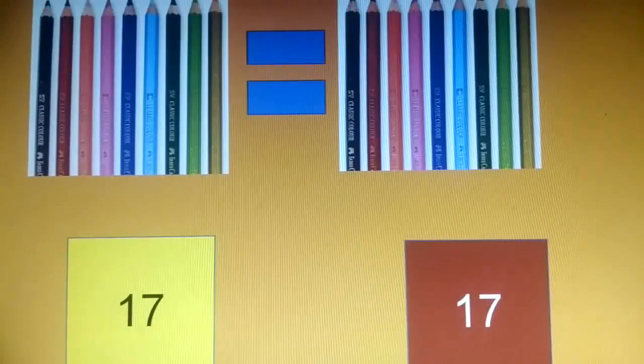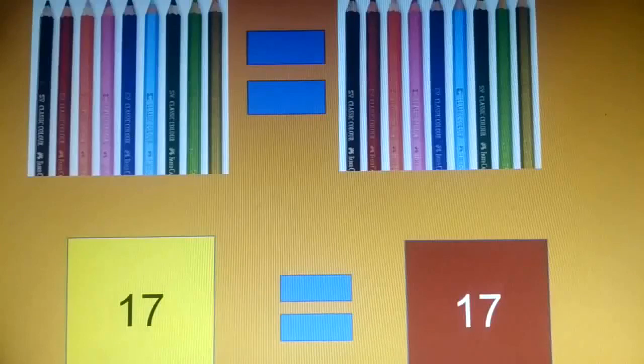So as you can see that both side the numbers are equal. दोनों तरफ नंबर इक्वल है. इस तरफ भी 17 और ब्राउन बॉक्स में भी 17, येलो बॉक्स में भी 17 और ब्राउन बॉक्स में भी 17. तो जब दोनों तरफ सेम नंबर होते हैं, इक्वल थिंग्स होती है या इक्वल नंबर होते हैं, तो हम क्या करते हैं? साइन पुट करते हैं. और कौन सा साइन पुट करते हैं? इक्वल टू. तो दिस इज द साइन ऑफ इक्वल टू. सो स्टूडेंट्स, हैव यू गॉट माय पॉइंट?